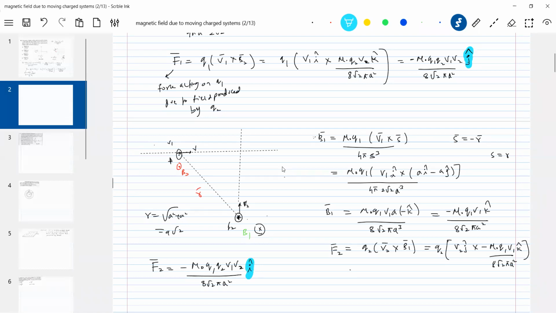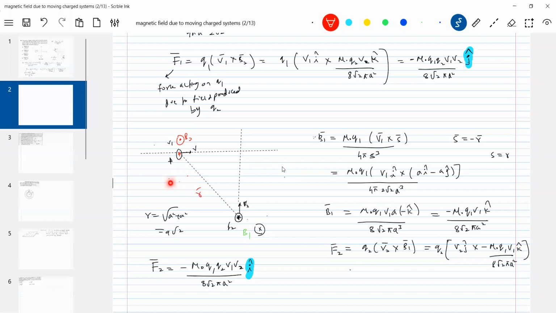So let me show that forces here in the diagram. So how this should be? The force acting on Q1 due to this one, so minus J cap. So that force should be downward here, no? That force should be downward here. And this is the positive charged particle. Now, similarly this one, this is F2, no? F2 should be here, F2 minus I cap.